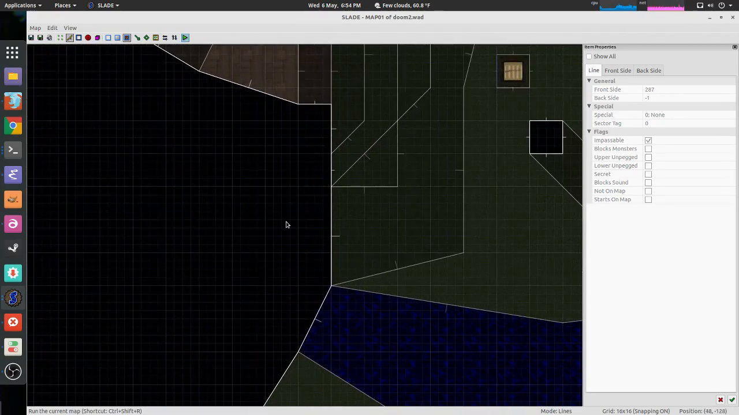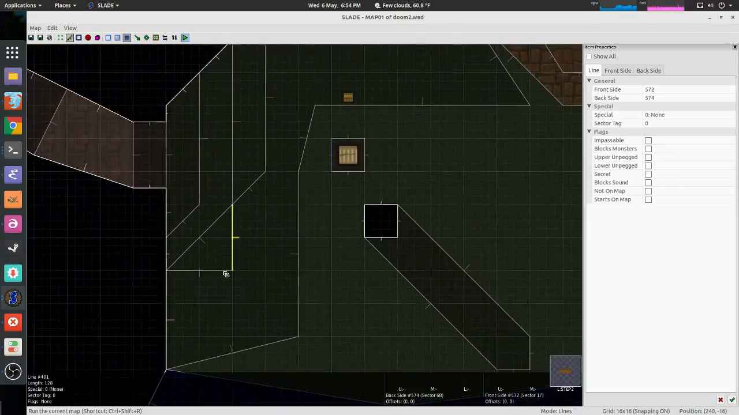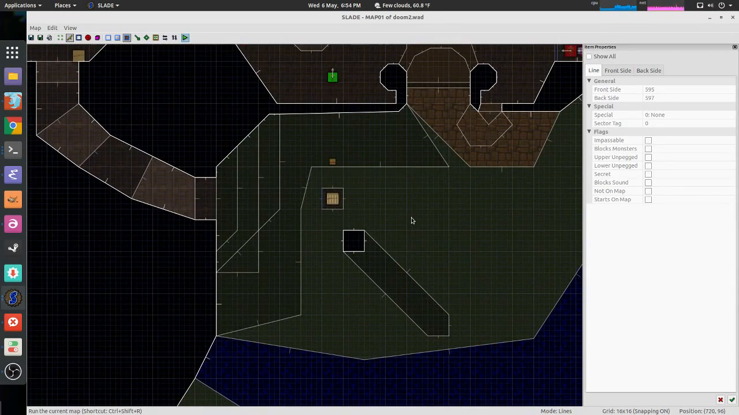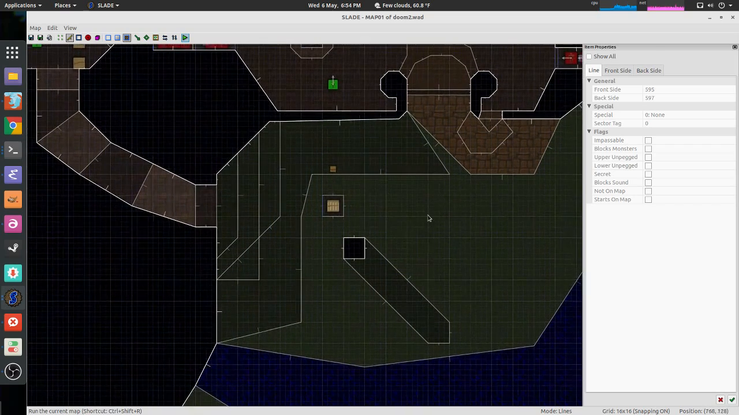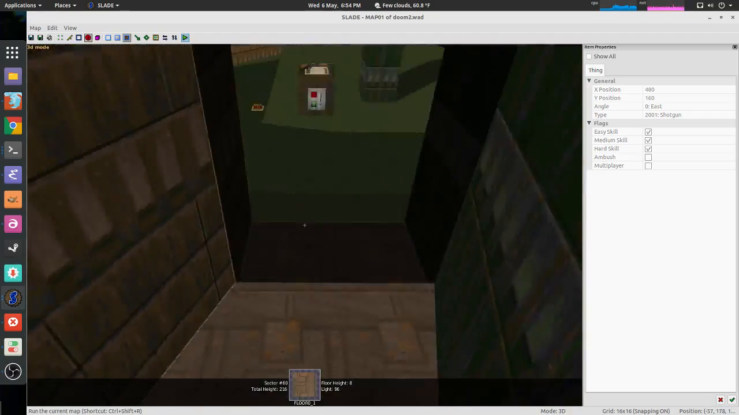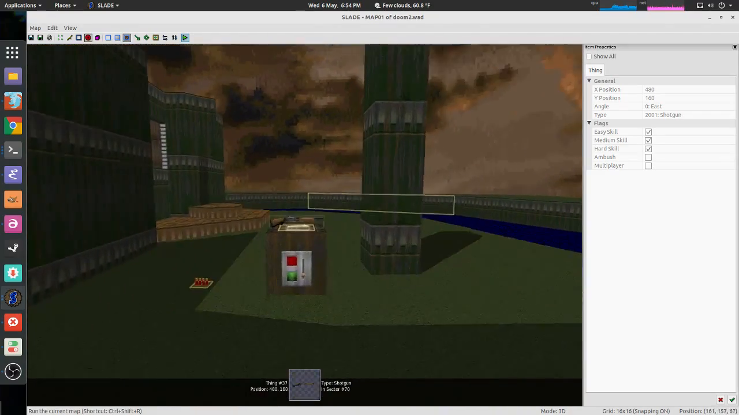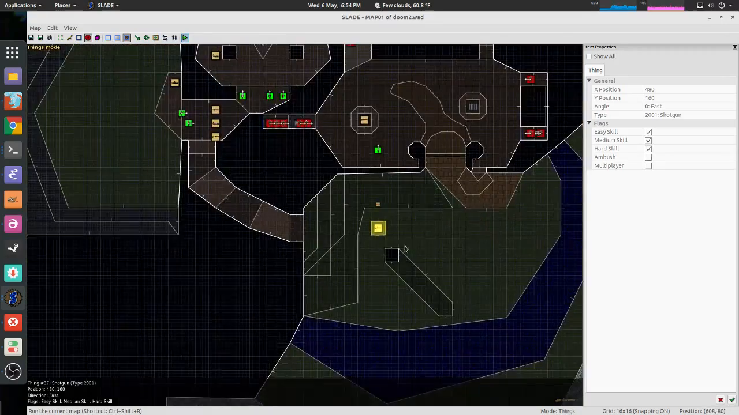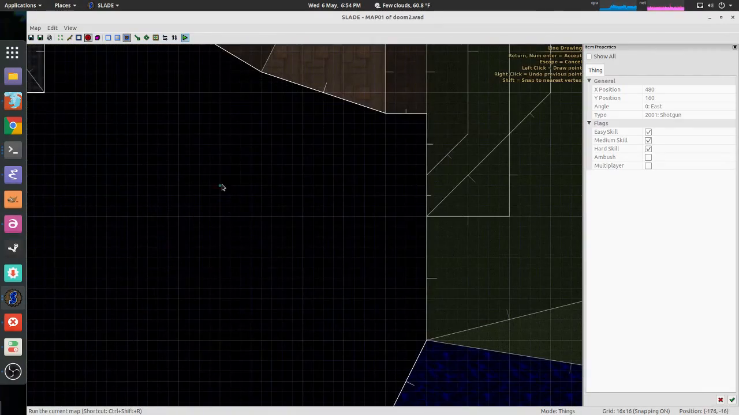Let's see if this is too ambitious. So I want to create an ambush. I'm going to make it so that when I walk out into this area, some imps teleport in, right? So first of all, anytime you see an ambush in a Doom level,